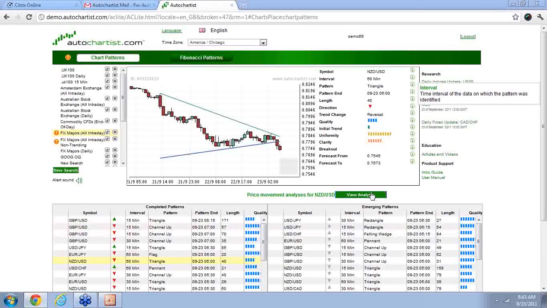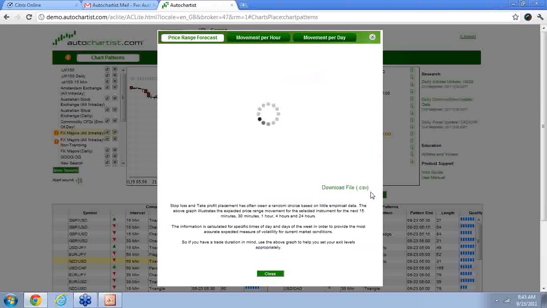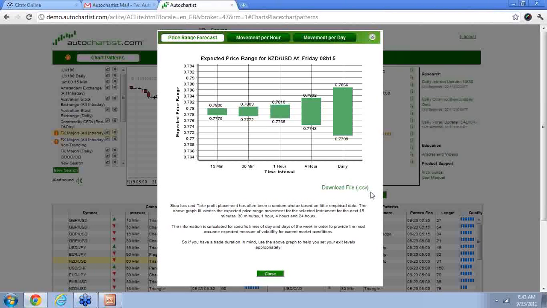Now, inside of a pattern, you get important data that has been accumulated over time by AutoChartist, and that includes a price range forecast, for example. A price range forecast is going to show you how a market can move based on a 15-minute, a 30-minute, all the way up to a daily increment. So this gives you an idea of how much volatility or how much risk you may have to face in